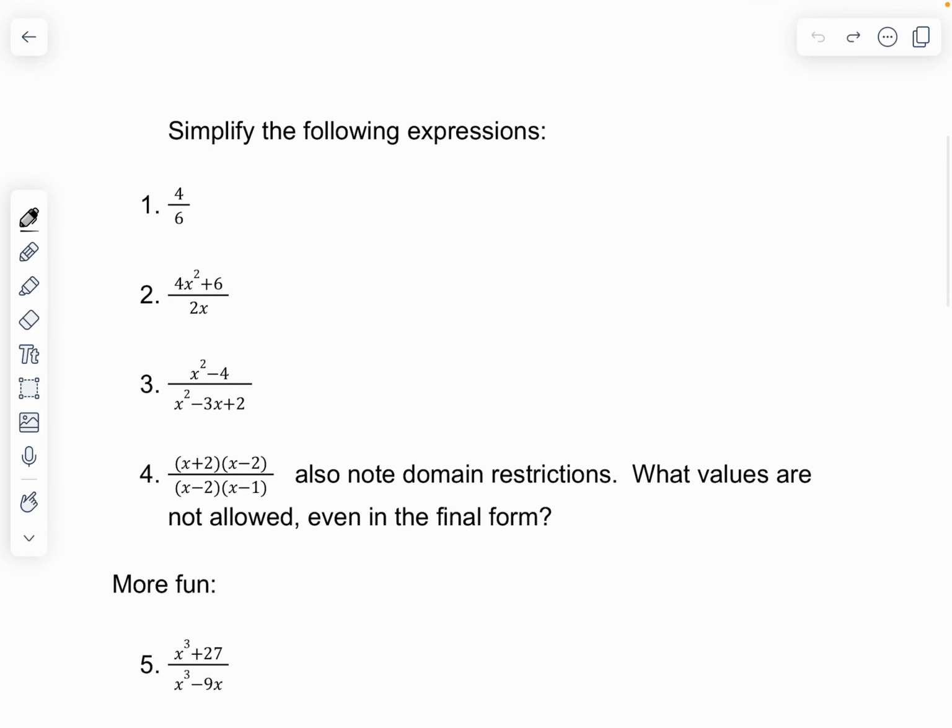So here we are simplifying. That, of course, means that we need to cancel out any common factors. So number 1, 4, 6, hopefully you just see we divide those both by 2. That's 2/3. I talk about people being fraction ninjas sometimes in my HL class because you just need to be